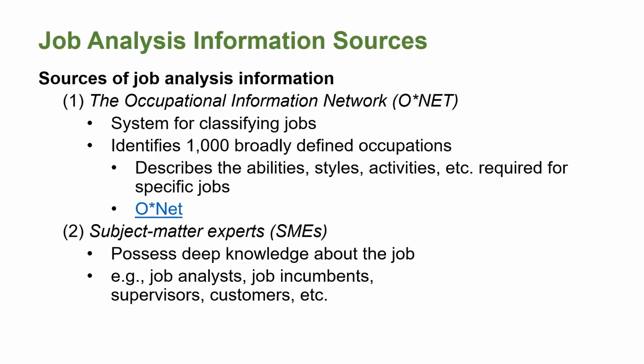Now, when rating activities based on their importance or frequency, you would typically use either the Occupational Information Network or subject matter experts. The Occupational Information Network, also known as O*NET, is a foundational system for classifying jobs, and it identifies over 1,000 broadly defined occupations, and it describes activities and KSAs required for those specific jobs. And you can click on the link to see how O*NET works and work through a couple of examples